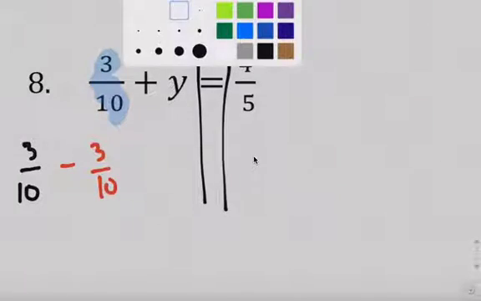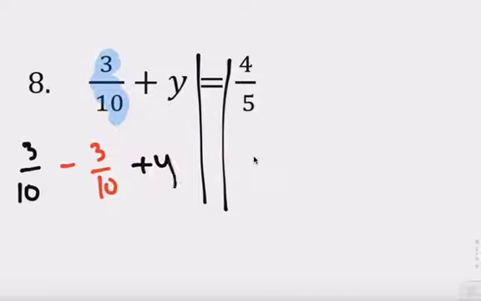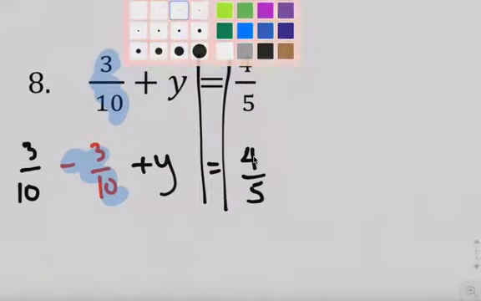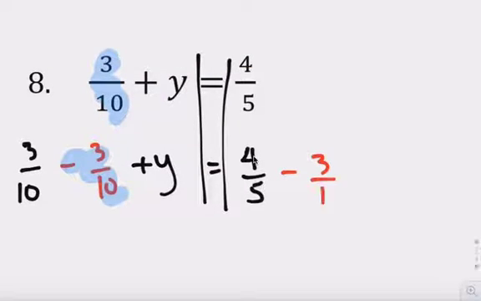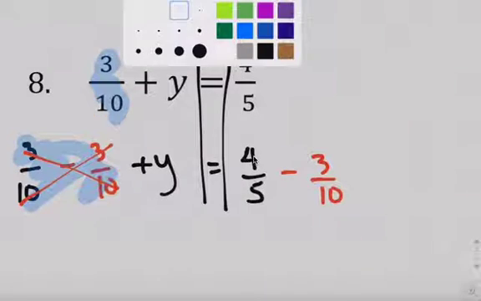Bring down that plus y equals. What you do to one side, you must do to the other. This side they have 4 over 5. And then you need a minus 3 over 10 on this side. Now this is 0 right here, so you cross it out. You have left y